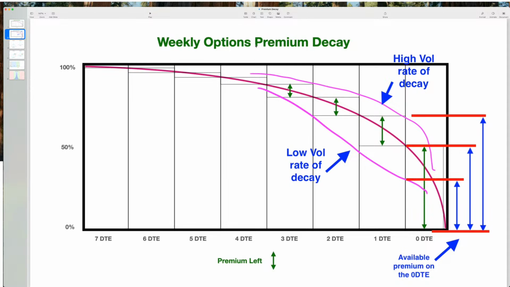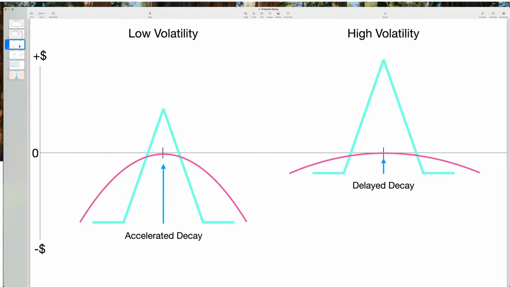And how it's presented in a profit and loss situation. So we'll take a look at two butterflies, one in low volatility, one in high volatility. And so that's what this picture is showing us. Same exact butterfly, put at the money in low volatility versus high volatility and at the same time of the